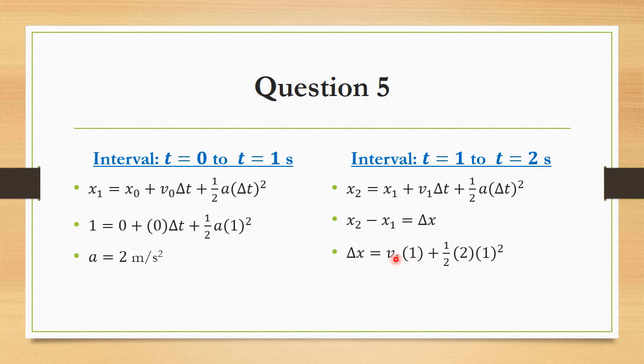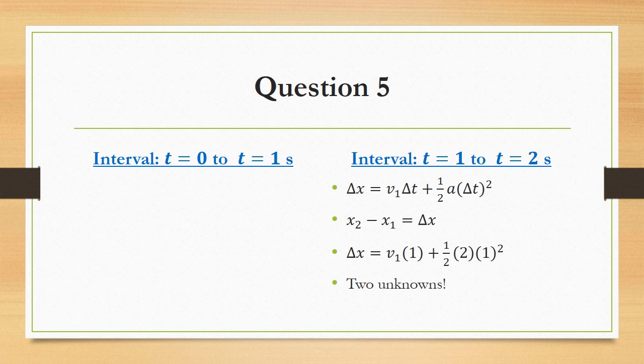Now, note what happened here. Even though we end at the time 2 seconds, this is not t final, it's the change, and so I use 1 second because that's the change from 1 until 2. 1/2 a is the 2 we just found a moment ago, and then t squared, and we end up with